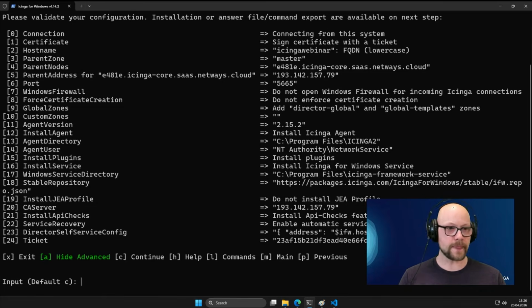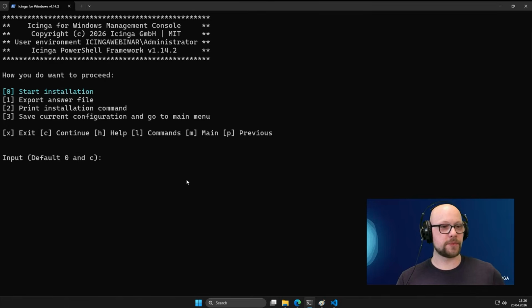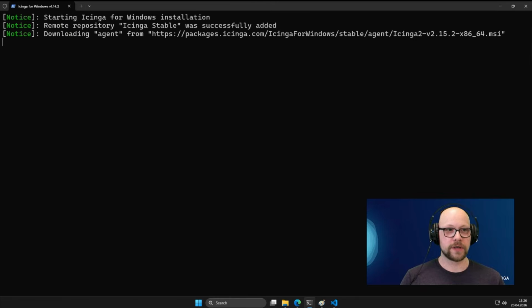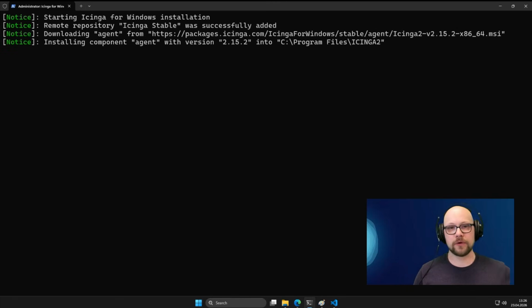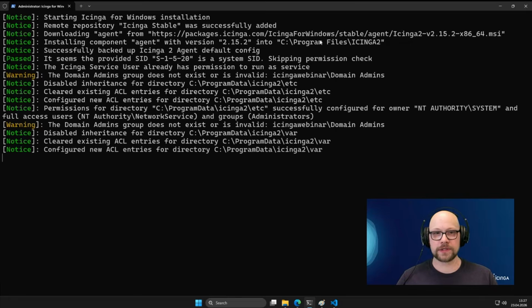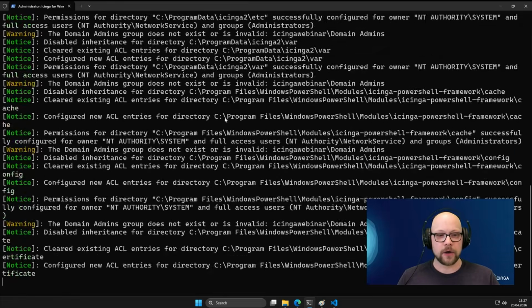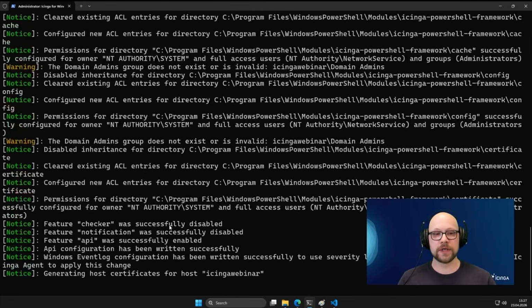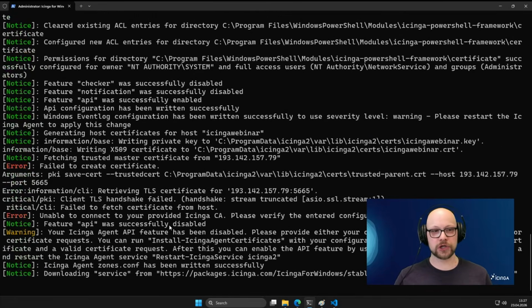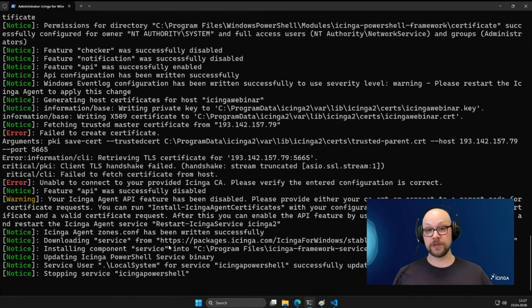So then we simply press start installation, and hopefully everything goes smoothly now. And what happens now? Based on my configuration, we see the agent 2.15.2 is downloaded from packages.icinga.com. The agent is now installed at this location, and then all configurations are done, including security permissions to ensure that no one can actually